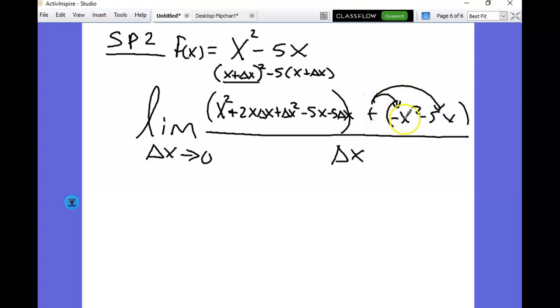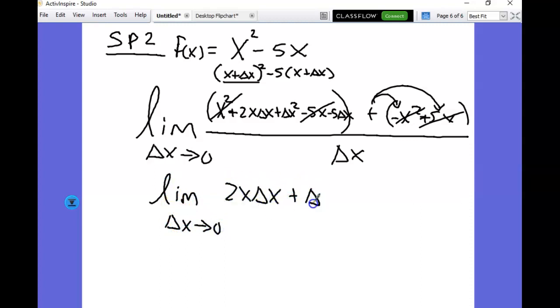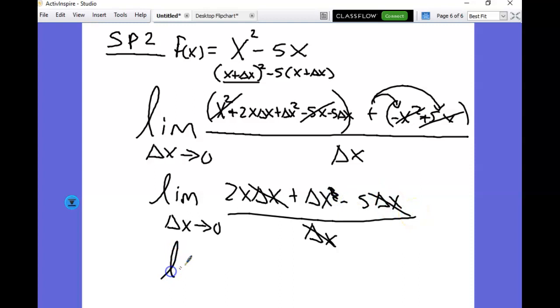And so this becomes a minus, that becomes a plus, and the x squareds go away, and the 5x's go away. And so what we're left with is 2x delta x plus delta x squared minus 5 delta x all over delta x. And then after that, we cross off 1 delta x from everywhere to reduce it out, which leaves us with